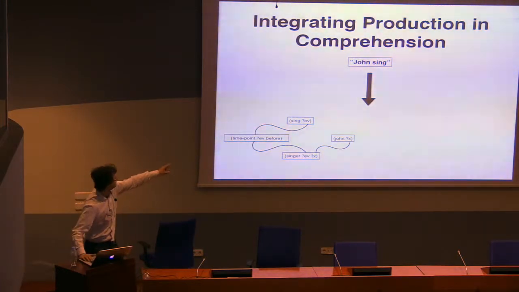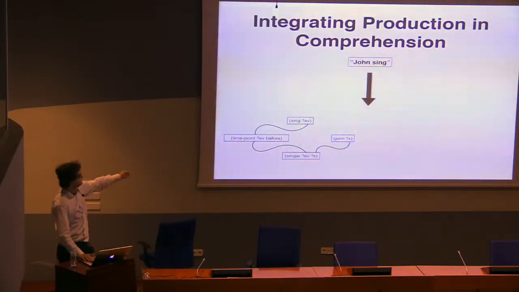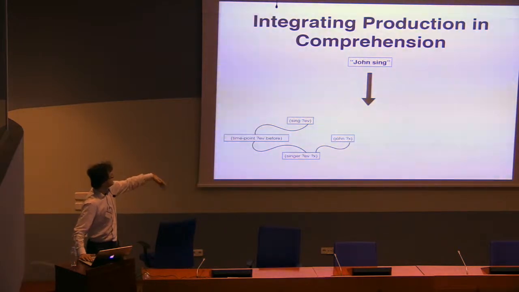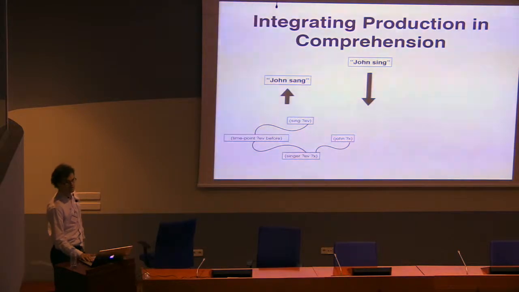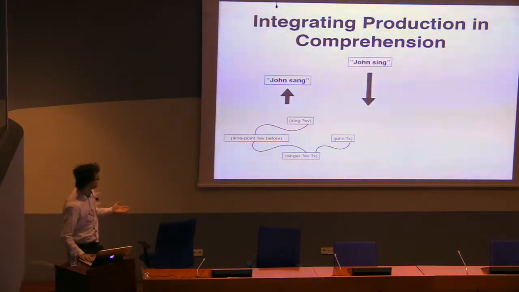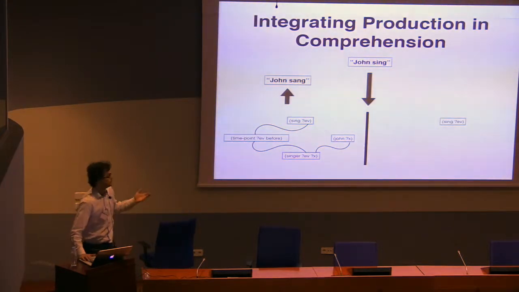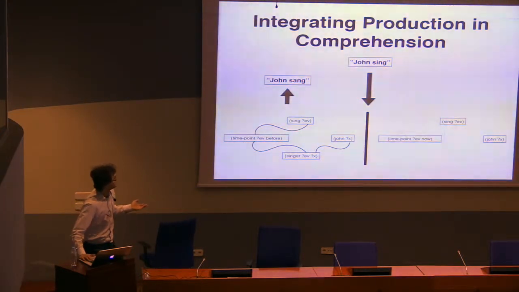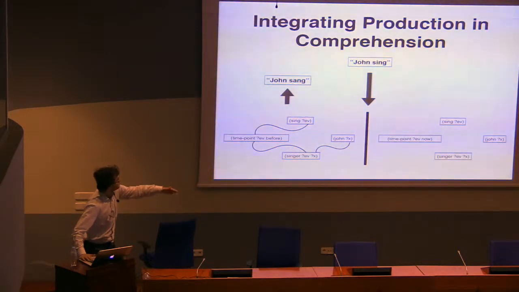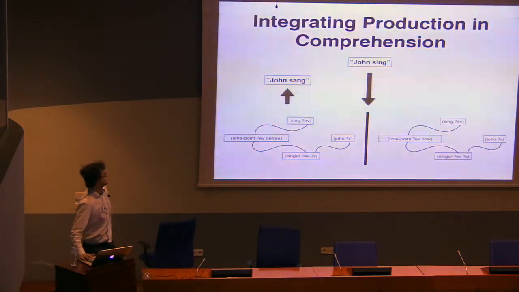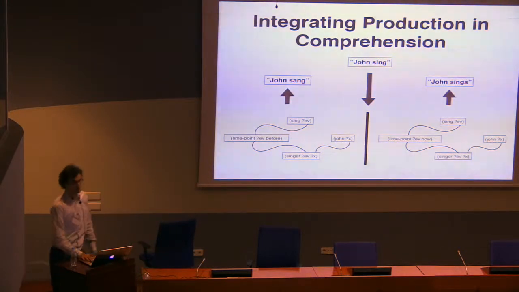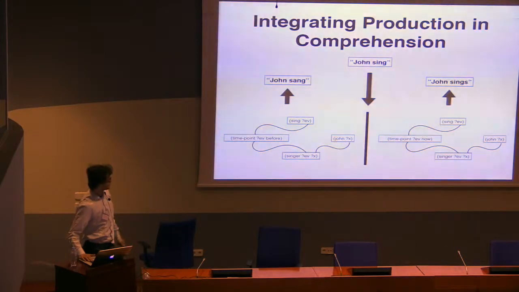So there is a singing event, the singer of the event is John, and the time point of the event is before, for example, which corresponds to the sentence John sang. But, of course, it could also produce this: sing event, John, singer, time point of the event is now, which corresponds to the form John sings. So it doesn't know whether it's John sang or John sings, because it got John sing.